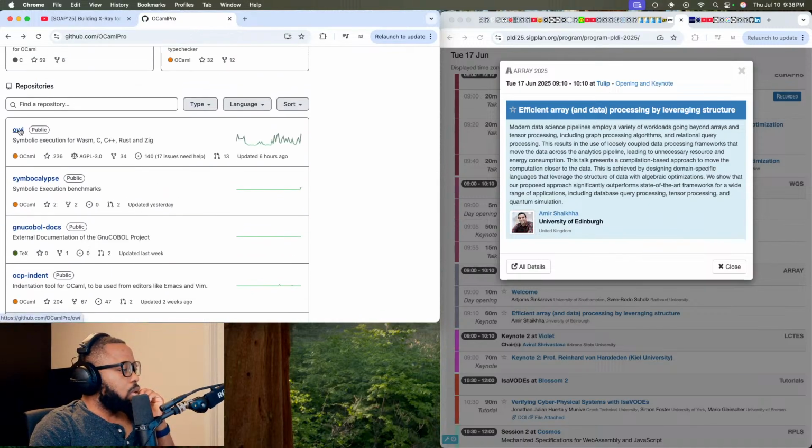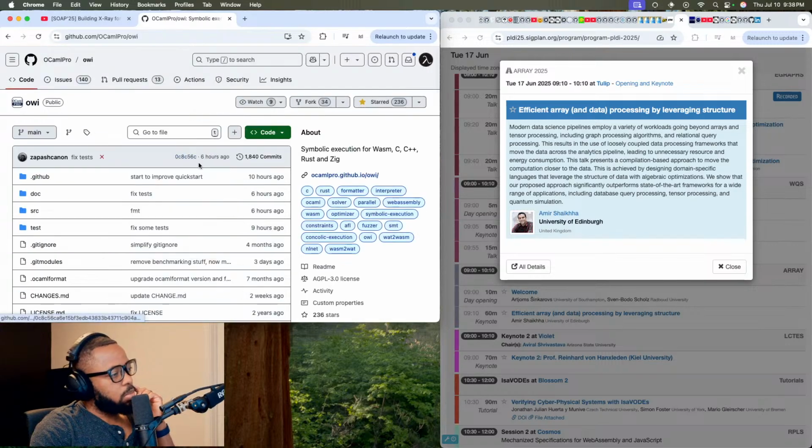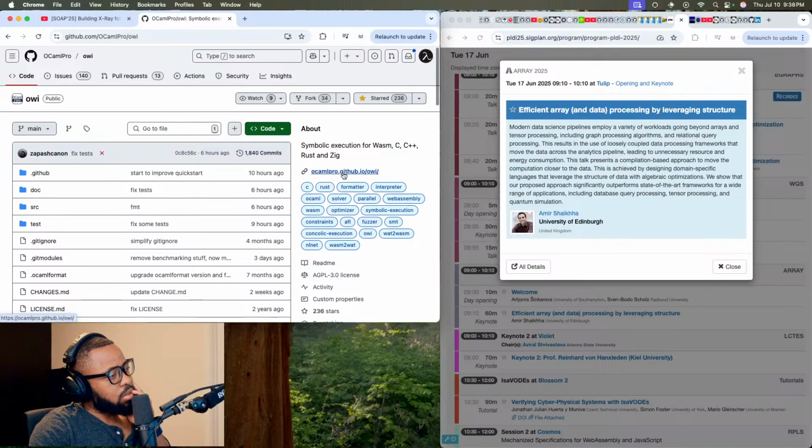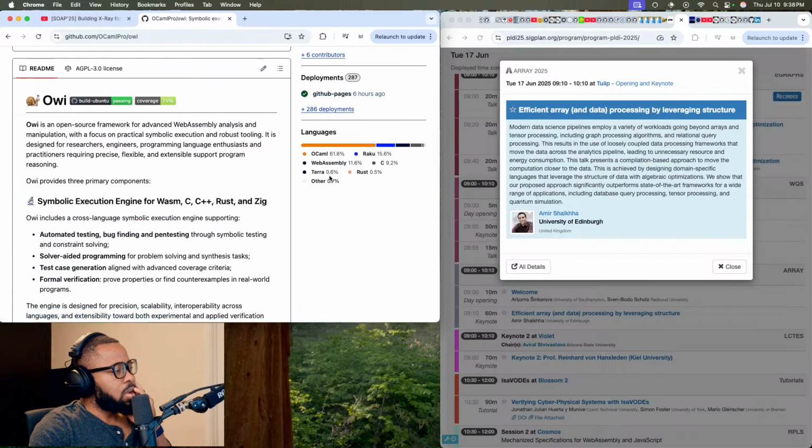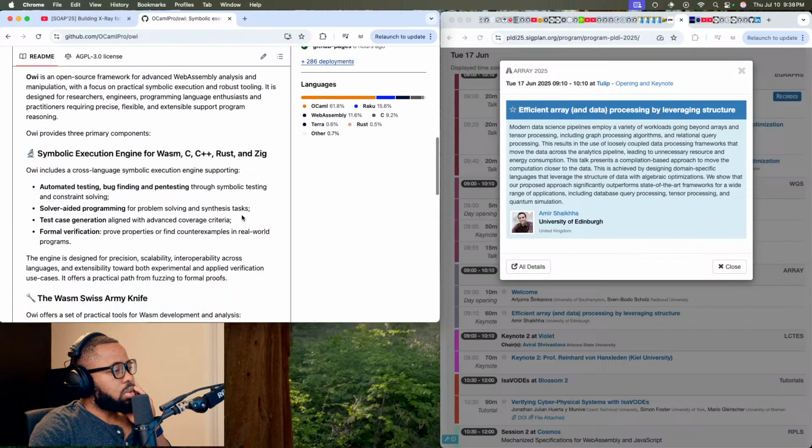Yeah, OE. So it basically helps with running C, C++, Rust, and Zig. I feel like they just added Zig. I feel like it was just C and C++ and Rust. I don't recall seeing Zig on the list before. But this is actually pretty cool.